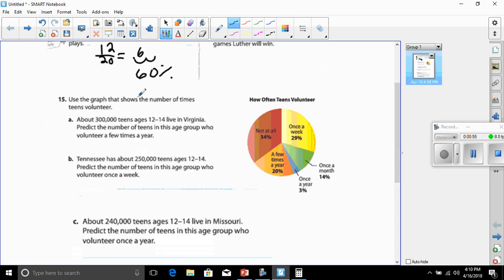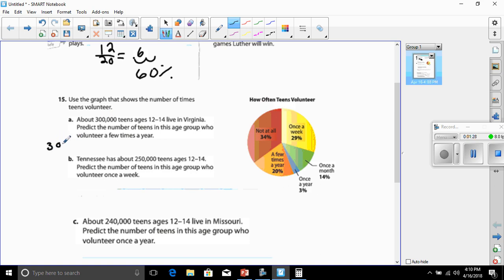Use the graph that shows the number of times teens volunteer. Let's see how often they volunteer: not at all, once a week, a few times a week, once a year, once a month. About 300,000 teens ages 12 to 14 live in Virginia. Predict the number of teens in this group who volunteer a few times a year. A few times a year is 20%. So 20% of